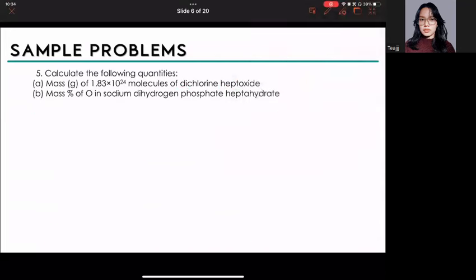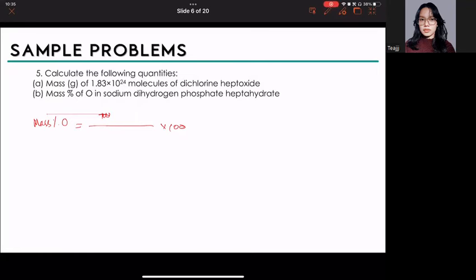So letter B, we're being asked for the mass percent of oxygen. Now, always, di ba, pag percentage, that's going to be partial all over the total, or component all over the total times 100. Meaning that's going to be moles or grams. Actually, putting moles, putting grams. But for this instance, we're going to use the molar mass times the number of oxygen atoms. So that's going to be,